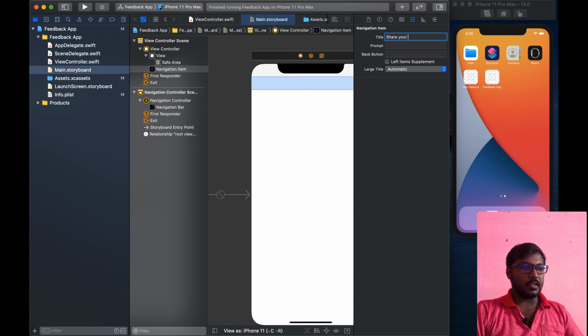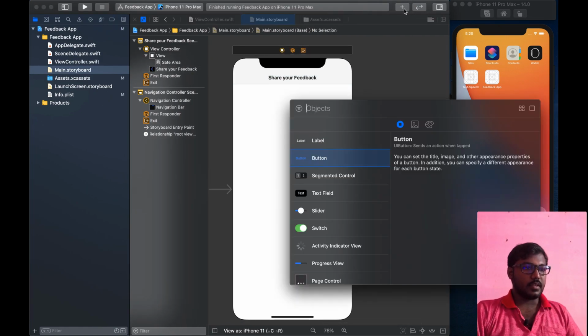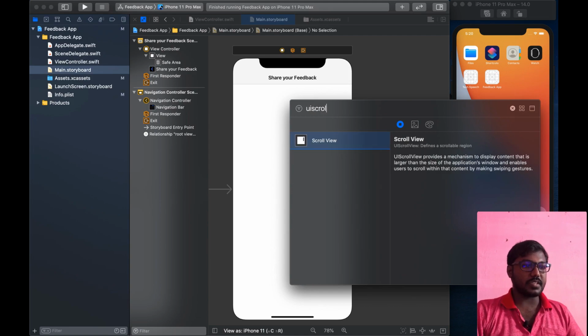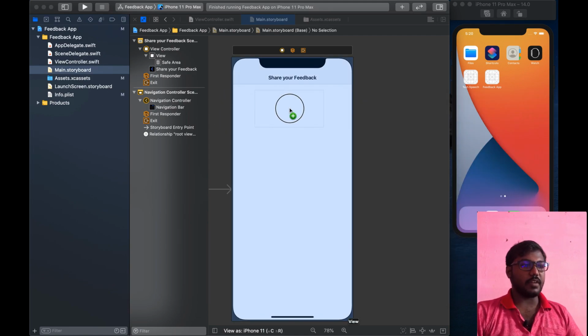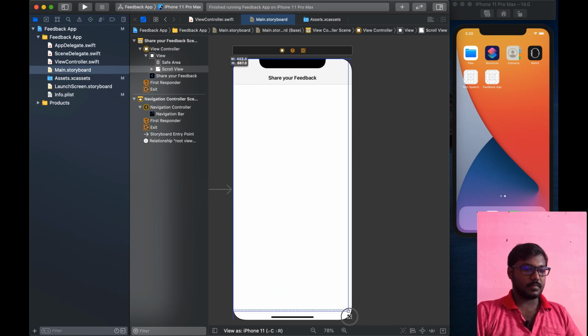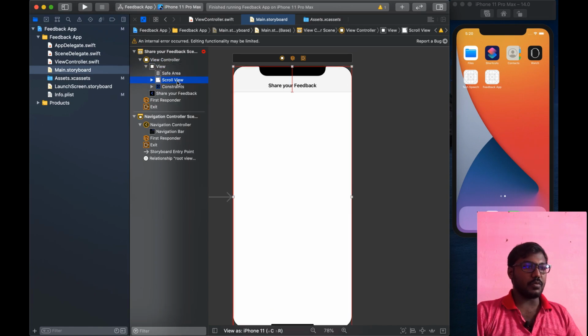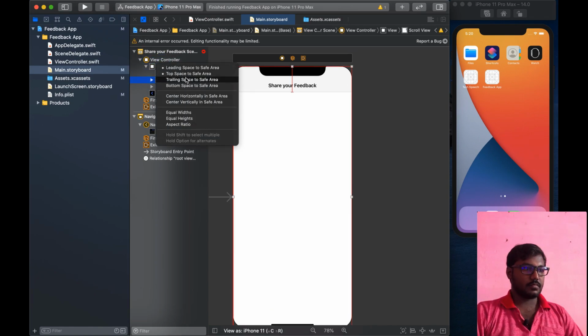Here I set the title for the screen, "Share your feedback." Then I am adding the UIScrollView to our self.view, adjusting the size for the scroll view, and then adding the constraints for the scroll view based on the self.view.